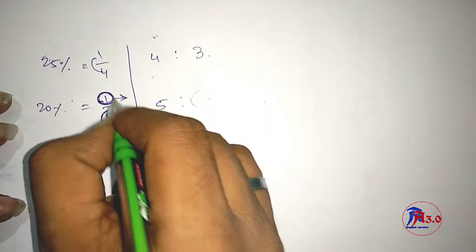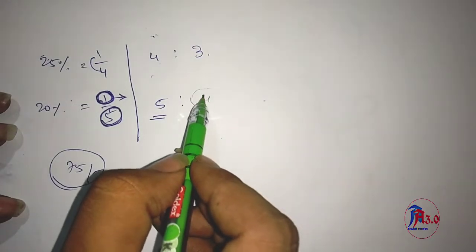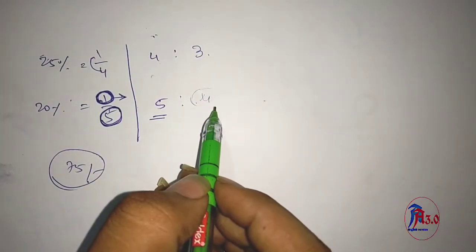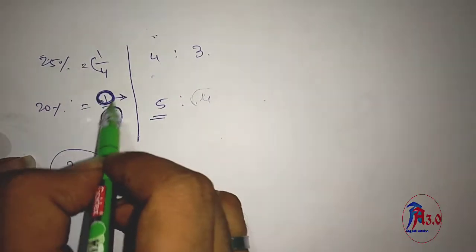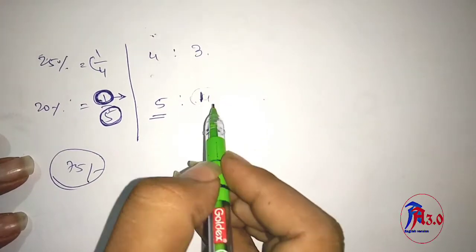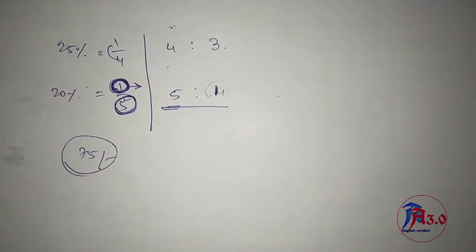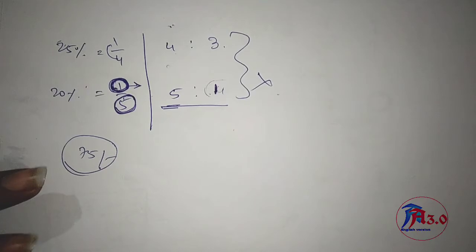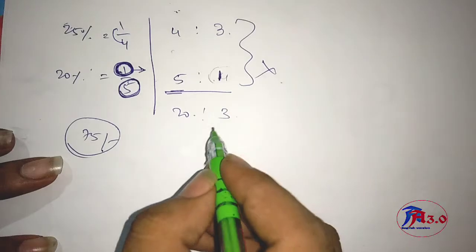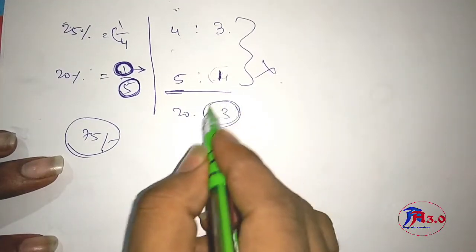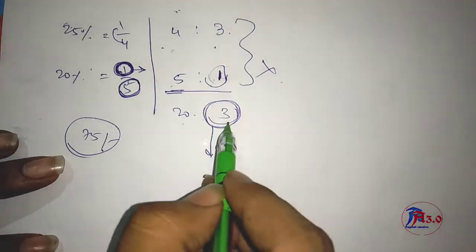So here I will take 1 unit, not 4. Why? If he asks about the savings, I would take 4 here. But here he didn't ask about the savings, so I have to take 1 according to the condition of the question. So here I have made my ratios. Now it is time to multiply them because we are in the successive concept. So 3 into 1 is 3 and 4 into 5 is 20. A is to B and B is to C, we got the value of A is to C.